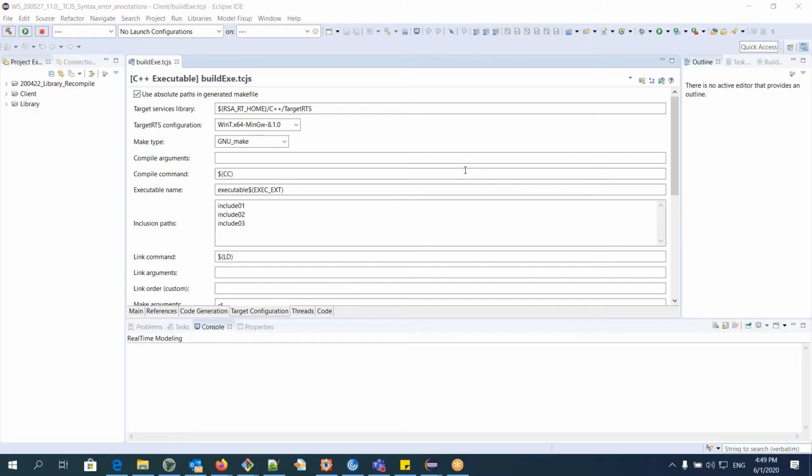I will now show you the improvements in the TCJS editor related to highlighting of syntax errors. So, do you see my screen? Yes. Okay. So, this is an example of the TCJS editor, and you have several UI tabs where you